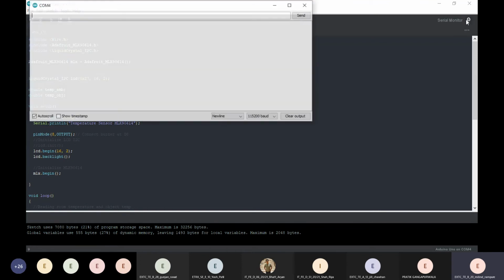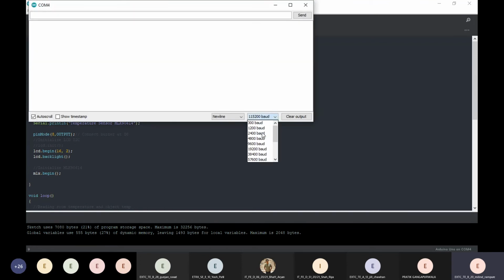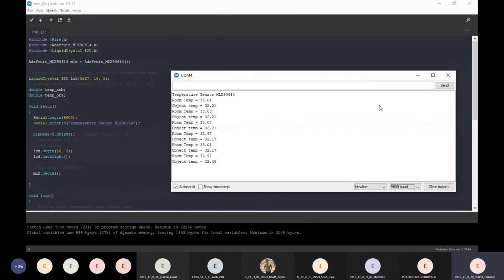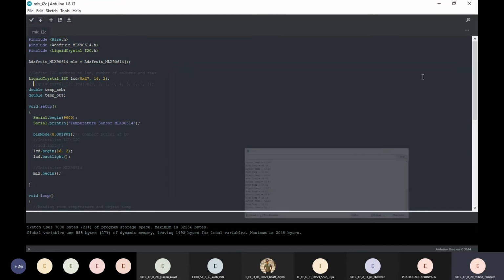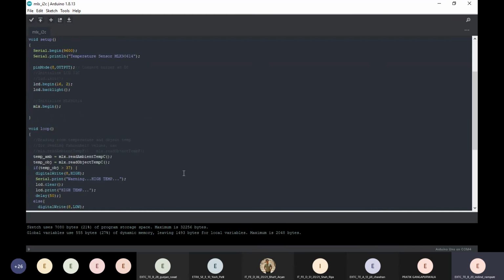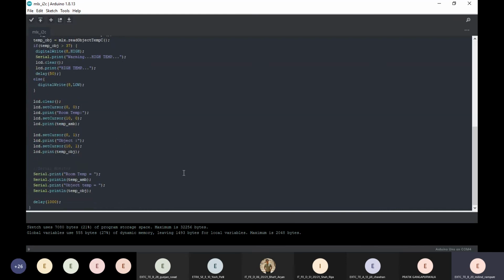But if you see the serial monitor setting the baud rate, it's reading my temperature. Okay, as you can see, the object temperature is 33. So I need to check what's wrong with this LCD library. I will get back to you soon regarding this.